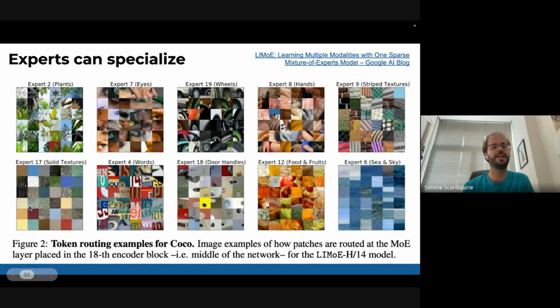For example, this is an expert that seems to be specializing on textures. This one seems to be specializing on words, and so on. That's something you cannot do with a standard neural network, because in a standard neural network everything goes everywhere, so you don't have this encapsulation. Here you have small blocks, sparse routing, so you are encapsulating possible behaviors, which is really interesting.